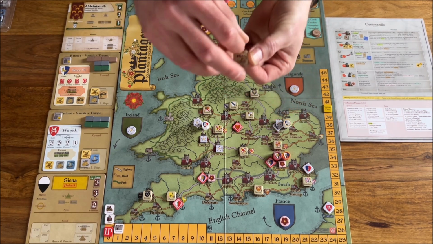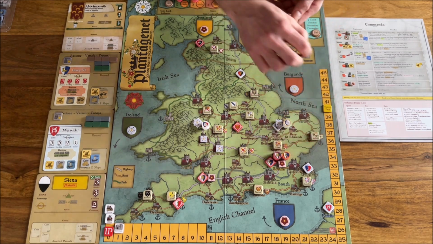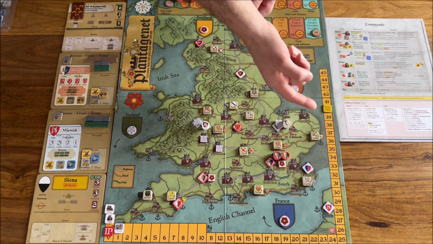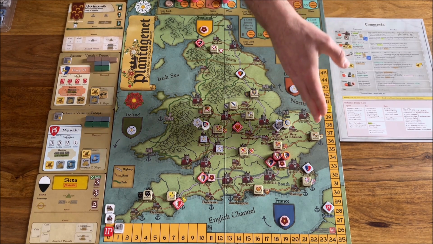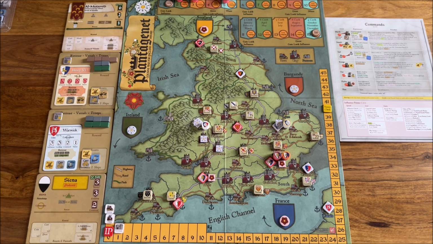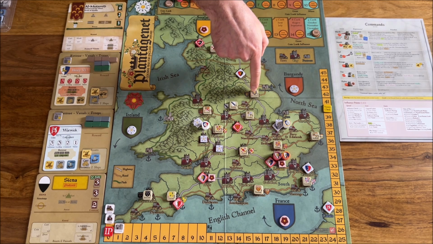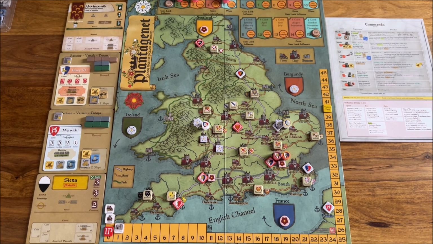So 1 white means that you add 1 to the roll if the York side tries to levy them. If the Lancastrian side tries to levy him, then they will deduct. And there is one more who likes York: here is 2, they like York very much. Here is 2 on red, so they like the Lancastrian side very much. So it's much easier to levy them